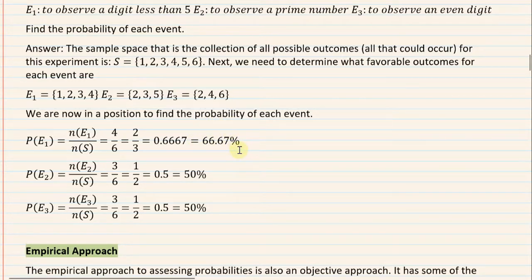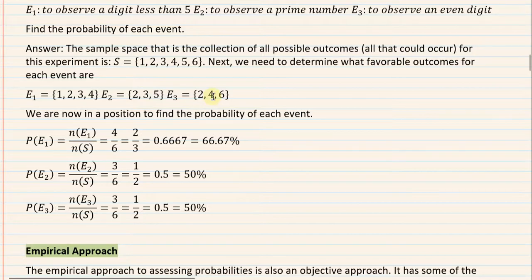Now, by the way, when do we say an event has occurred? Let me mention that. Suppose we roll a die and we observe a 3. Now, 3 is one of the outcomes favorable to event 1, so we're going to say event 1 has occurred. Event 2 has also occurred, but event 3 did not occur.